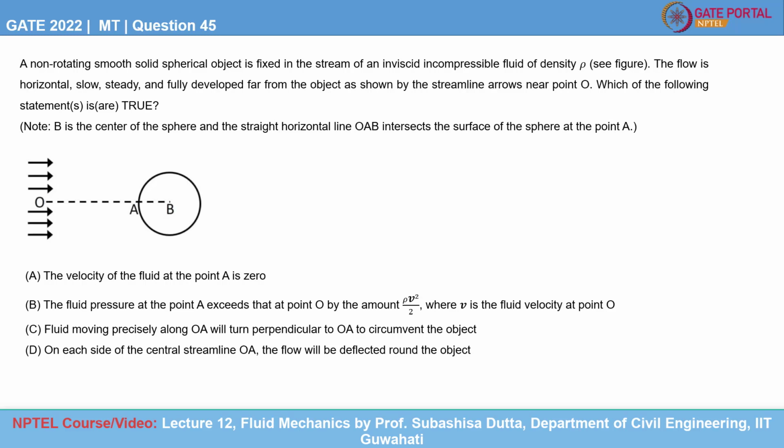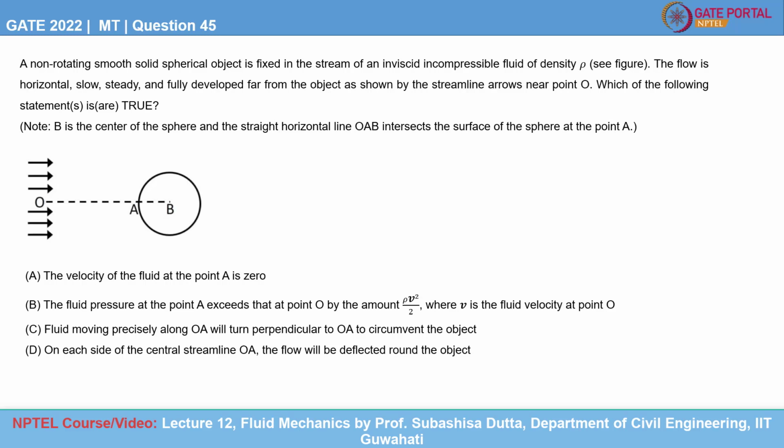It should be noted that B represents the center of the sphere and the straight horizontal line OAB intersects the surface of the sphere at point A. So there are four options and we need to identify which of the four options are correct. So as in the image,